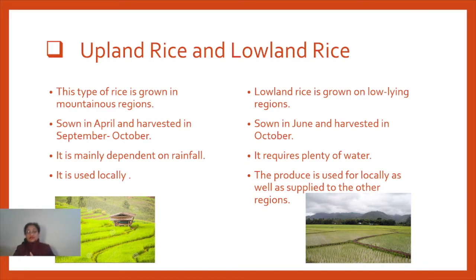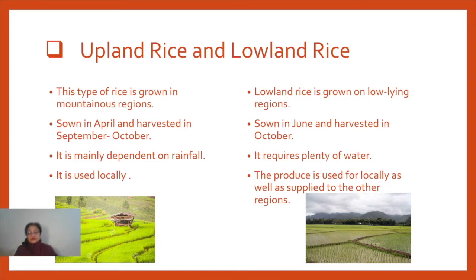But when we come to the other side, the wet method of cultivation of rice is one in which, whatever amount of rainfall is received, irrigation facility is also provided. That means a sufficient amount of water is there throughout for growing rice. So that is called the wet method. Water is there in the field throughout, and it is also called by another name, the puddled method. Now come to another thing: according to the method we use for sowing rice in the field, different methods are used.